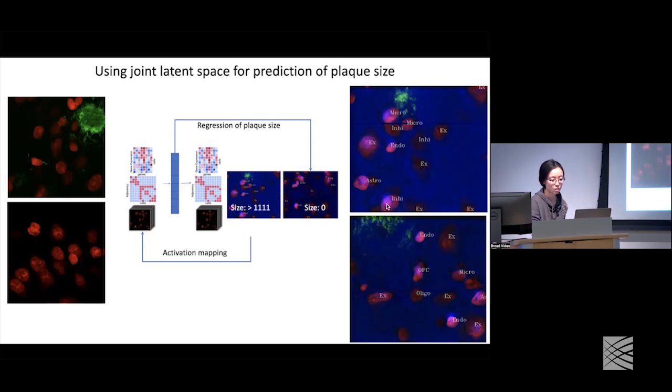Or here, if we look at the inhibitory neuron, it's also highlighting the region with very dense chromatin. The hypothesis is then that perhaps this denseness, or what we call the heterochromatin of the cells, was actually predictive of the plaque nearby. So this leads us to the next analysis, which looked at